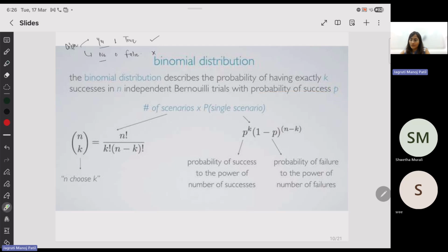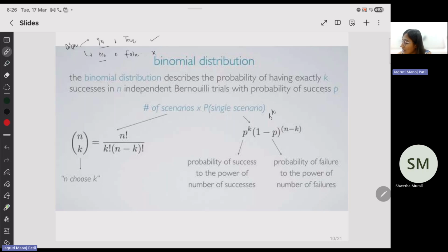In class, the professor came up with a term called B. If you look here, he gave something as B power K times 1 minus B power n minus K, and he said that B is the bias that you represent. If this bias is favorable, something that you want to hold, you can represent it as P, which represents the probability of getting a success. That's how people also represent it in maths and stats.